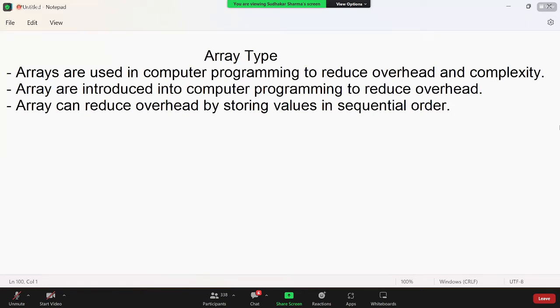So the purpose of an array is not storing similar values. The purpose of an array is to store values in a sequential order. By storing values in sequential order, what is the benefit? We can reduce overhead. What is overhead? Overhead is the issue that comes with memory. Memory is available, but you cannot utilize it. And very important, actually, an array can store